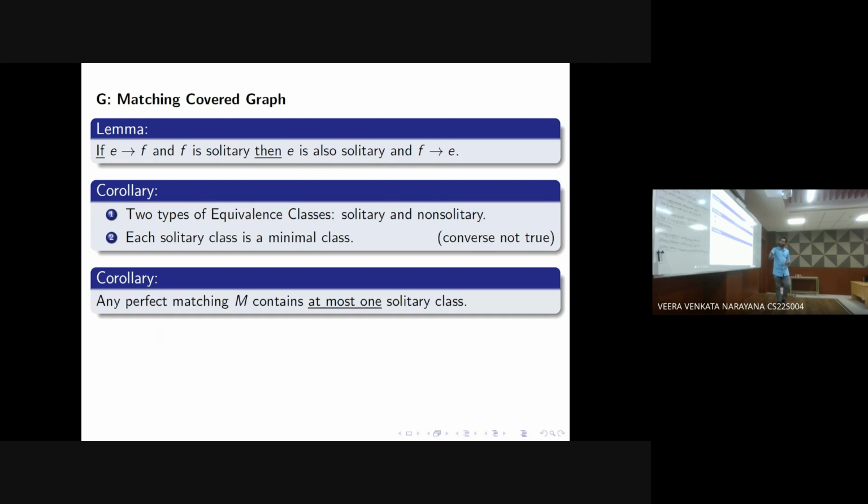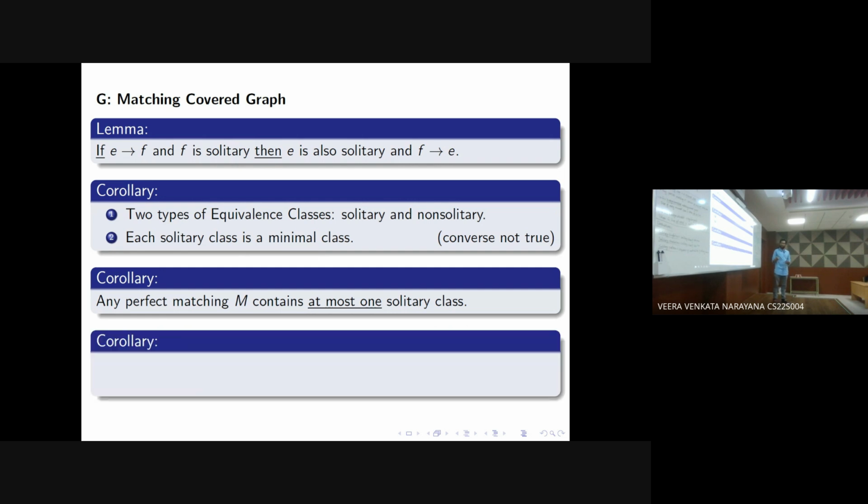And also, if you take any perfect matching, it has at most 1 solitary class. So this is also just an observation. If it has 2, then they both depend on each other, and they will become 1 solitary class. As a corollary, we will get the following: for any r-edge-colorable r-regular graph,